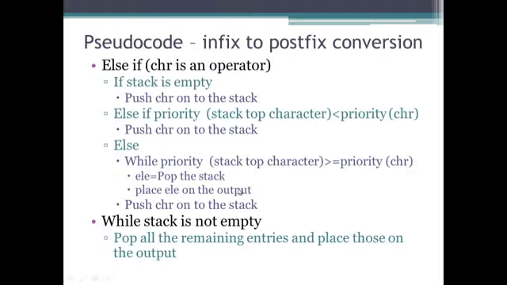So I hope you got a clear idea of mapping a pseudocode to a code, especially the array implementation of stack in C, and how Infix